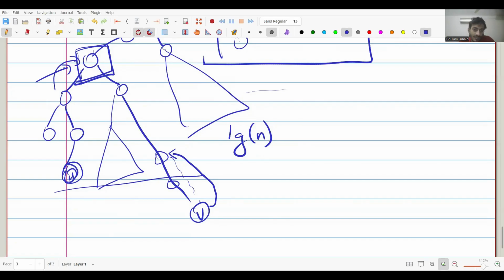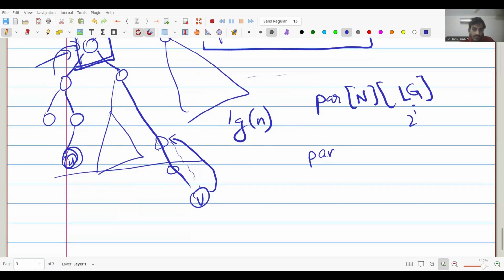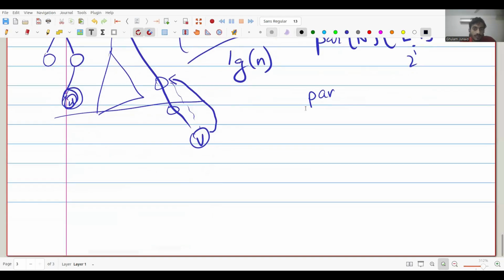So yeah, how can we do this using jumping by powers of 2? We can do the same thing. We can have parent of v of j, like just store the parent which is 2 power j steps ahead. So of course, for parent of v of 0 is just, let me actually write the code. Okay. So parent of v of 0 will just be,